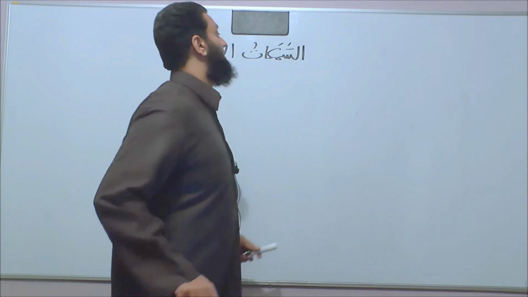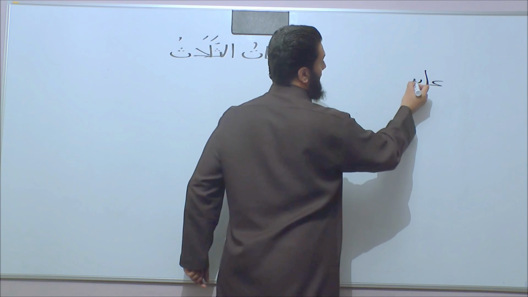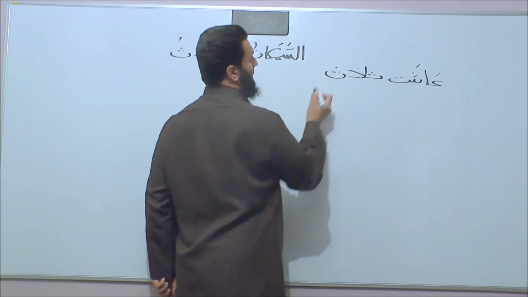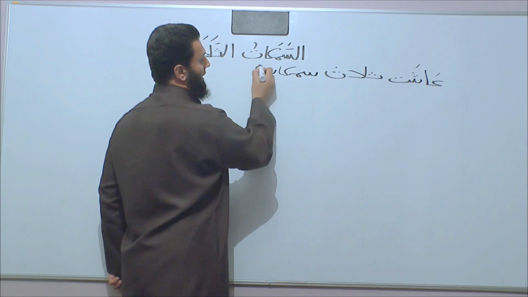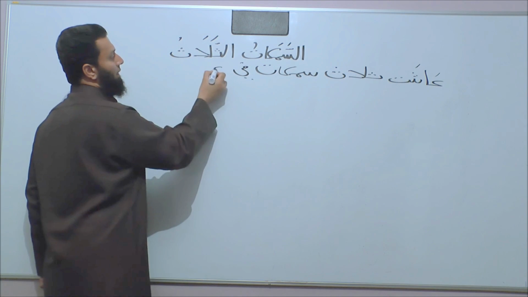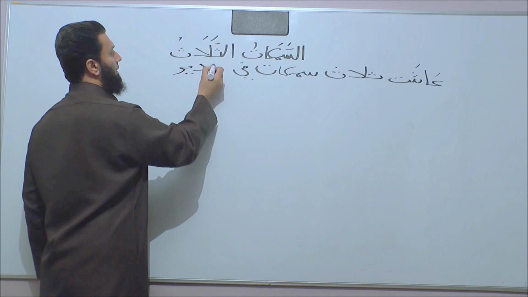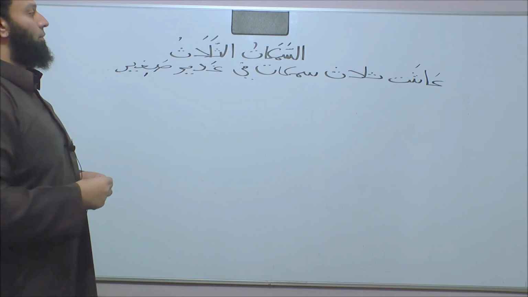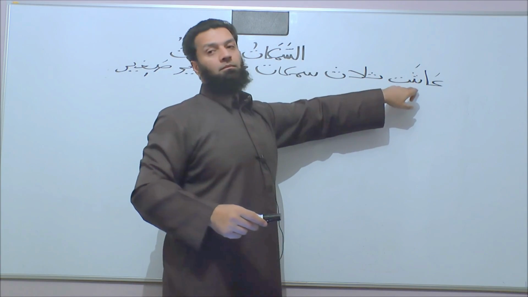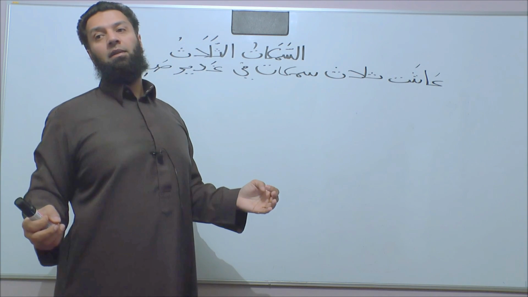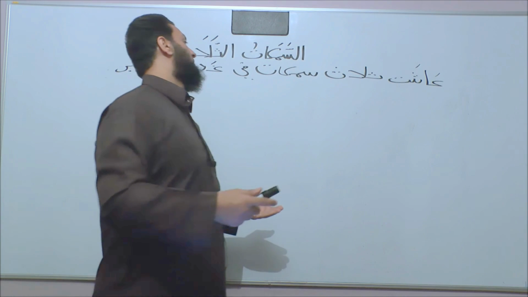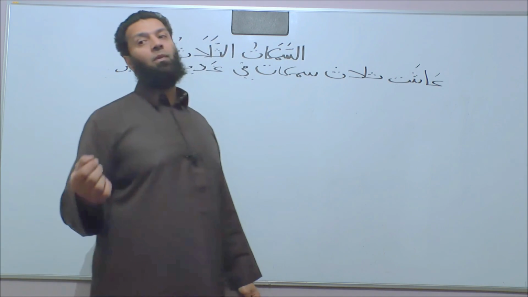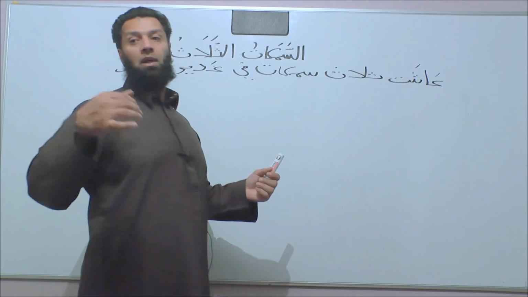عاشت ثلاث سمكات في غدير صغير. Right. Now عاشت, what does عاشت mean? عاش, we mentioned it in مشية الغراب. كان غراب يعيش. Lived. Right. عاشت is the past, الماضي